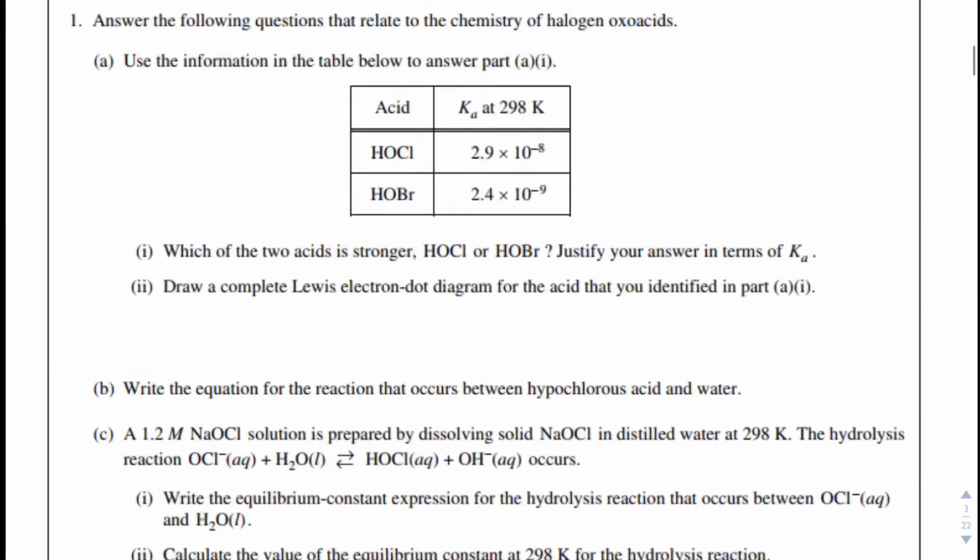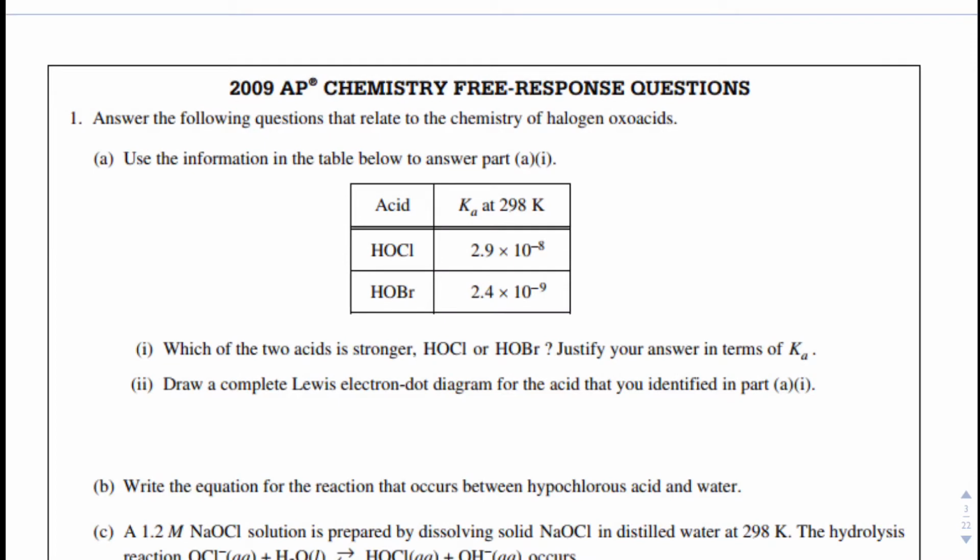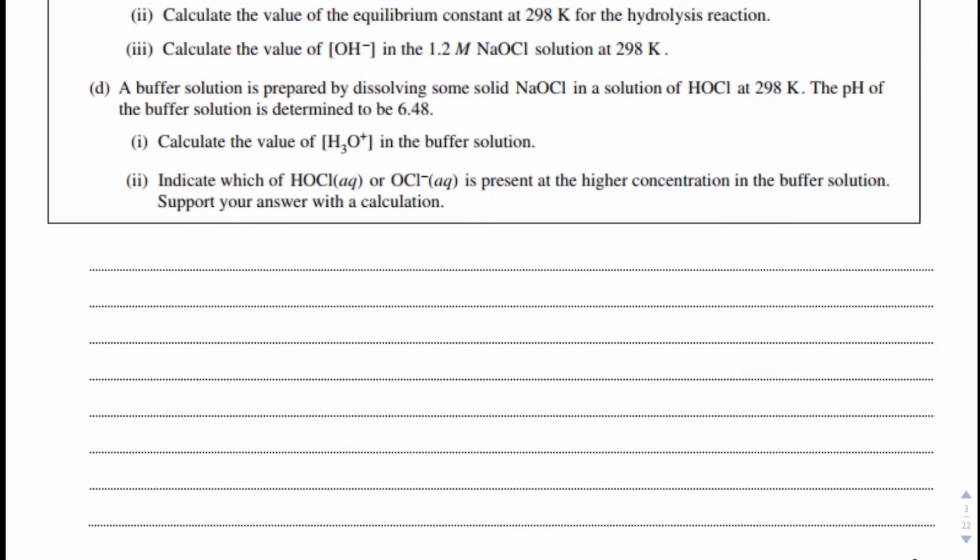And so if we look at the Kas, Ka is an equilibrium constant that shows the extent of the dissociation. So stronger acids dissociate more, and so they should have a larger Ka. It's kind of a little tricky, but this 2.9 times 10 to the minus 8 is a larger number than 2.4 times 10 to the minus 9, because minus 8 is larger than minus 9. So when I answer this question, what I'm going to say is, for A part 1,